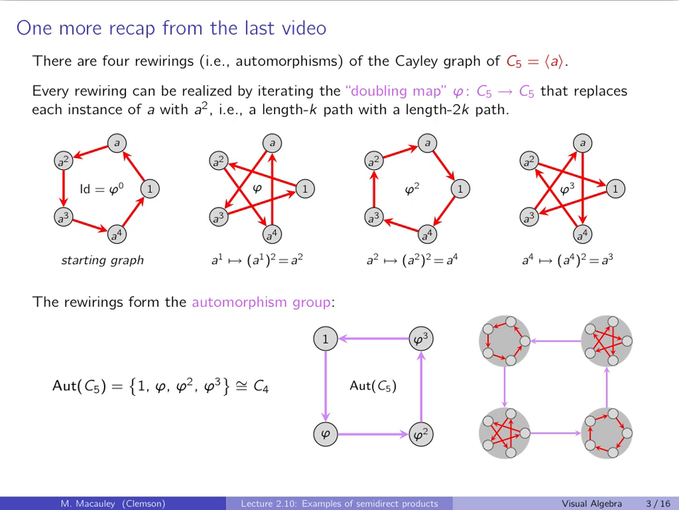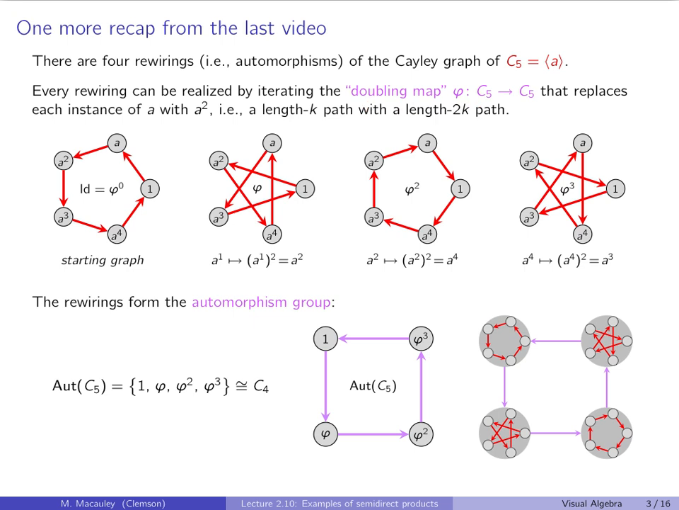Here's one more recap from the last video, because this will be our first example. There are four rewirings, i.e. automorphisms, of the Cayley graph of C5. So here's that graph. And remember, there are four generators of C5, either A, A squared, A cubed, or A to the fourth. So each rewiring can be thought of as sending this red arrow to one of the different generators. And I say that it's